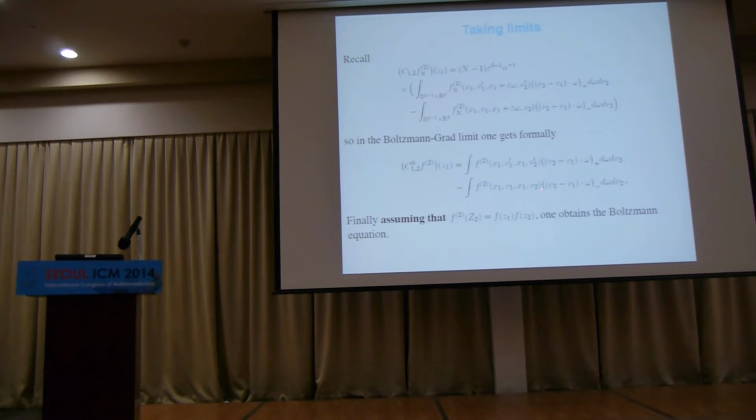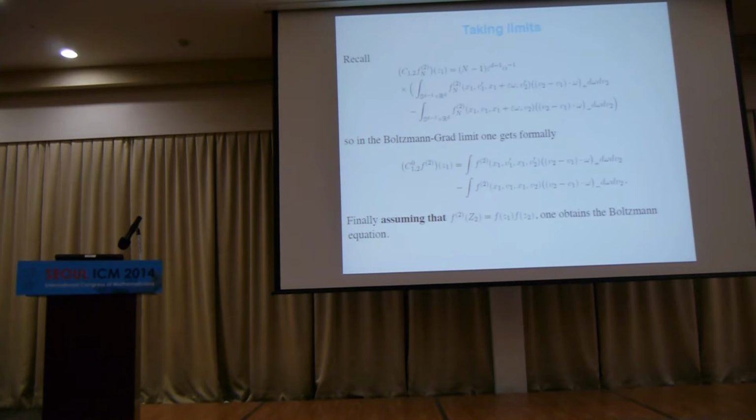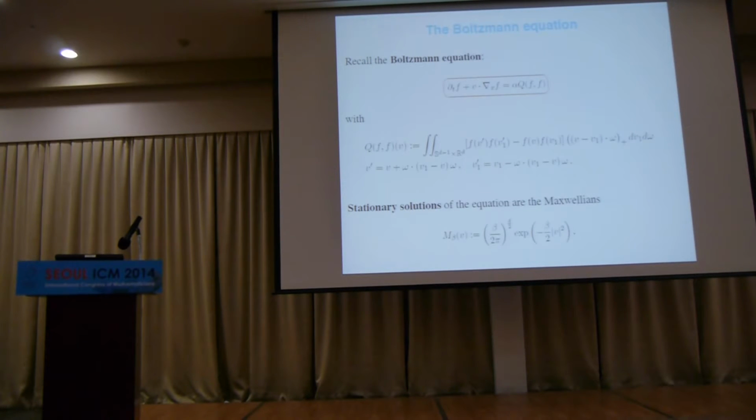Okay? Now, as Bloch told you, this is exactly a two-particle joint distribution, right? F2 of x1, x1, taking the same point. And now the main assumption I'm going to make is that F2 of x1, x2 is the same as f of x1, f of x2. Which means I'm going to assume that my particles are independent. So I just say F2 is equal to the product of two Fs. If you do that, you get exactly the Boltzmann equation.